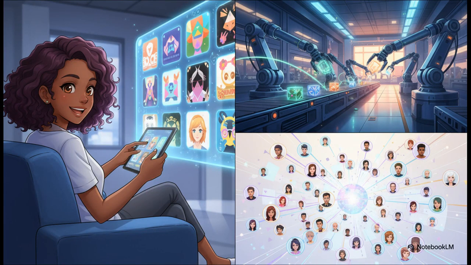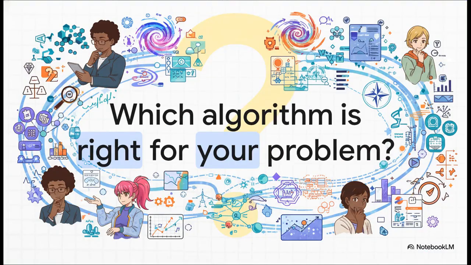And when you put these tools together, the result is truly transformative. It allows us to automate incredibly complex decisions at a massive scale. It lets us create systems that actually get smarter over time as they see more data. And it enables the kind of deep personalization that powers everything from your Netflix queue to the ads you see online. So there you have it.